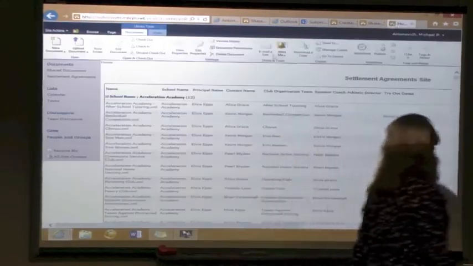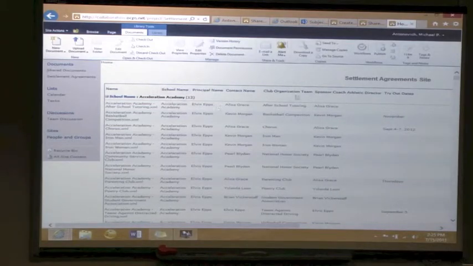The last thing I'm going to show, and then we'll take a short break, is the settlement agreement site. Think of this as more of your general run-of-the-mill document library. Now, this happens to be data from a form, but think of it as being the same thing as a document library in some ways. In this particular case,